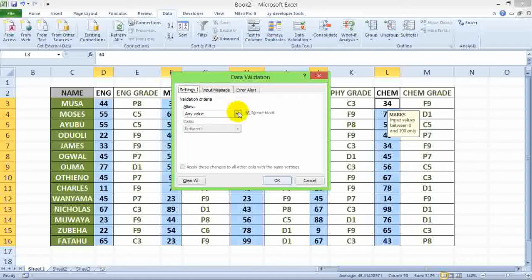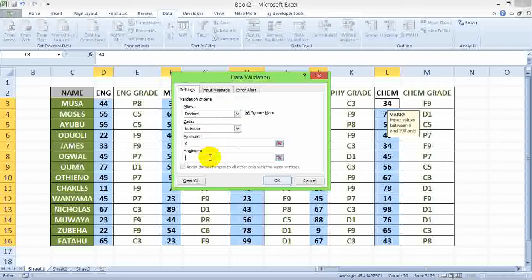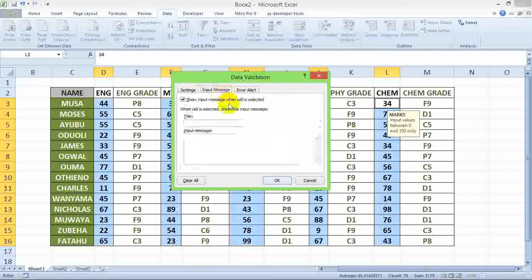We shall use what we had used, a decimal from 0 up to 100. Then we shall have an input message having Marks. Then we shall say, enter values between 0 and 100. Then our error alert will be stopping the user from entering data in case the data violates the rule,